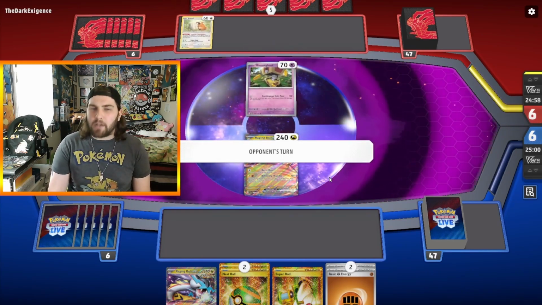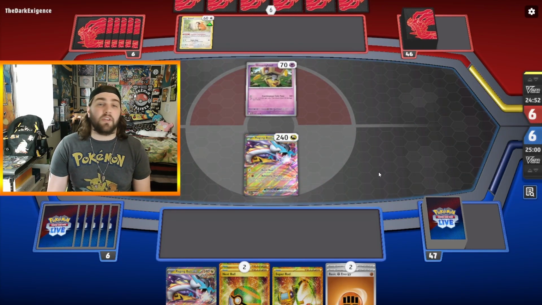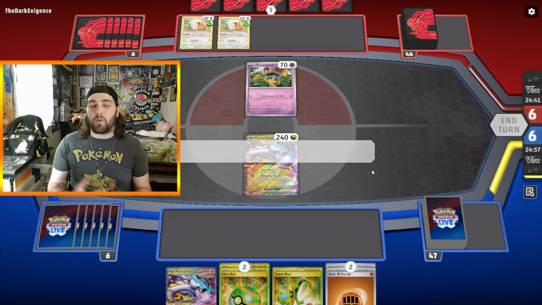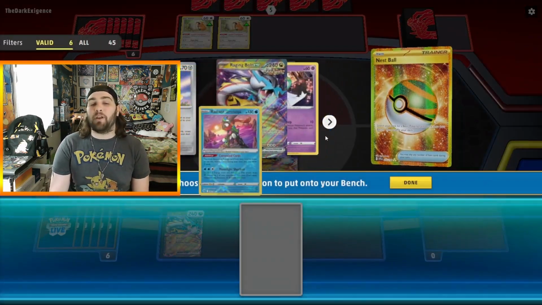I don't mind going second playing this deck, mostly because if we need to, we can use things like Burst Roar to be able to discard our hand, draw some more cards, have a supporter, things like that. Unfortunately, we can't evolve Ralts into Kirlia really quickly, but that's okay. So we're going to have a Raging Bolt up here in the active, be able to bench another Raging Bolt,